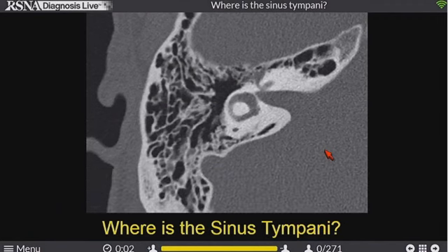So there's some important anatomy in the back wall. One is the sinus tympani. So where is the sinus tympani on this picture? If you have to, you can click on the little top 3 lines if you need to sync, if you're not seeing the same slide that I'm seeing. So this is another touch image, so touch on the image where you think the sinus tympani is, and then hit submit on the bottom.